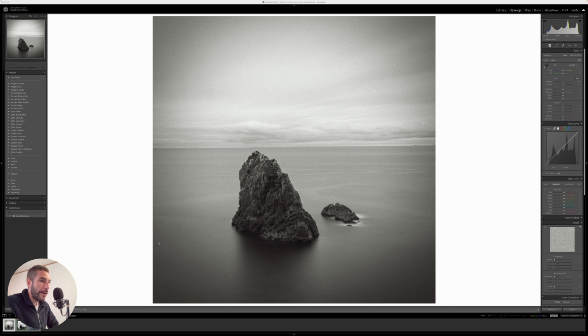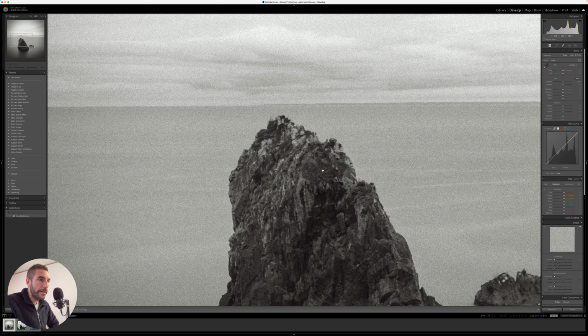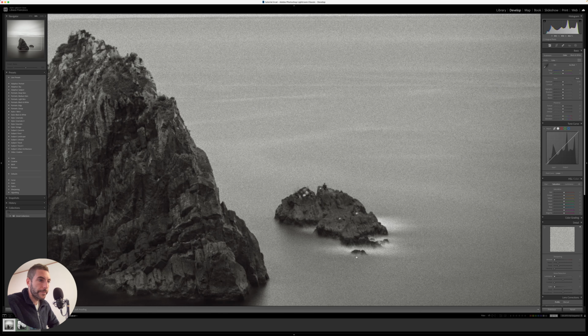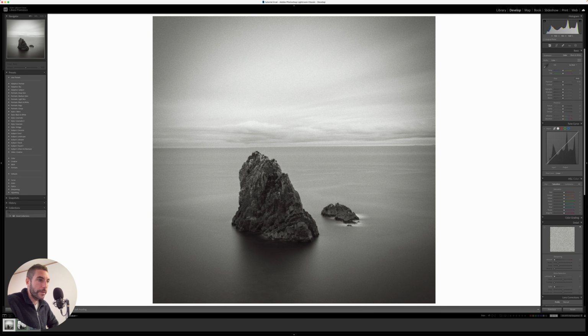And as you can see now in our catalog, we have a TIFF file here, which is a copy of our original RAW file with our Dehancer plugin film simulation applied. I think it's really good. It looks really, really nice. And let's jump into Photoshop and see how we can do something even better in there.